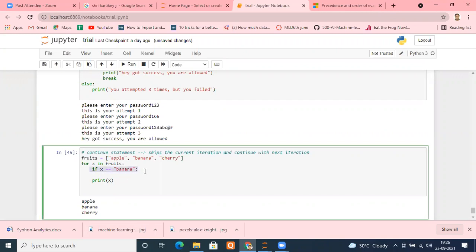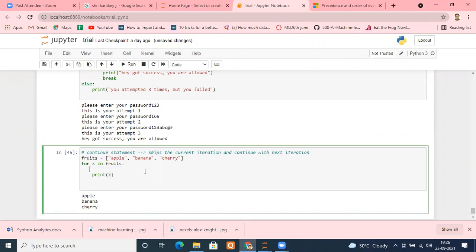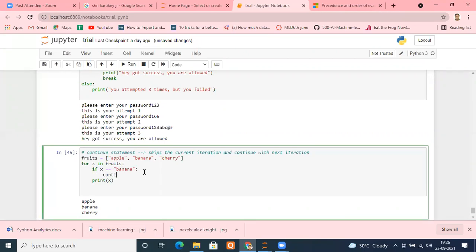So what we did, remember? Earlier it was simple like this. Here, intentionally, I put an if condition, and within the if I write continue. So what will continue do? It will check if X equals banana, that means continue. It won't execute the next statements available inside the for loop. Whatever you have put inside the for loop after continue will not execute for the current iteration. For the next iteration, it is going to work fine.